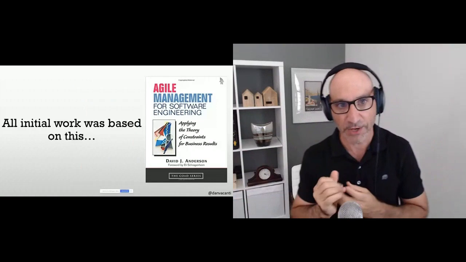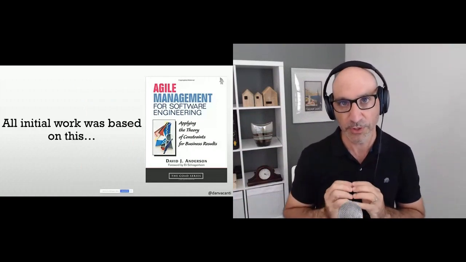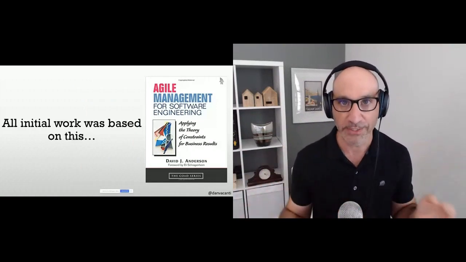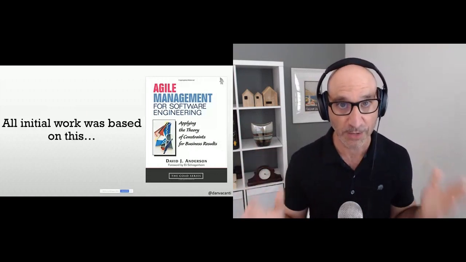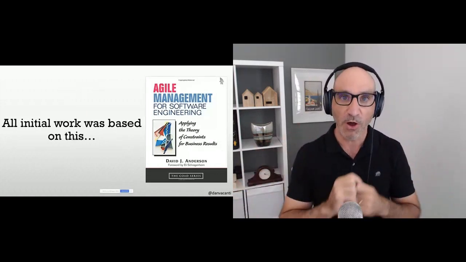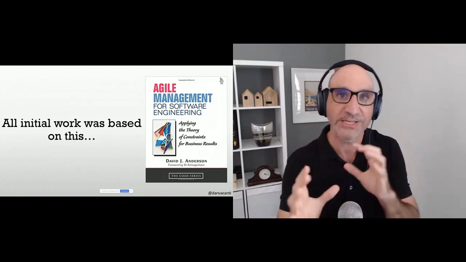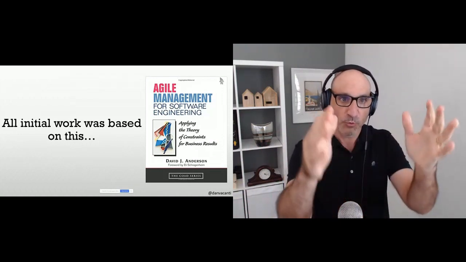Now, I want to take a step back here before we get too far down the path. I want to make sure that everybody understands, at this point in time, in 2006, what David Anderson was talking about was based completely on this book. Maybe people have heard of this book, maybe you haven't, but it was an Agile Management for Software Engineering book. This was by no means Kanban, and in fact, we weren't even using the word Kanban at this time. But all of that work, all this initial work to fix sustainment at Corbis, was based on